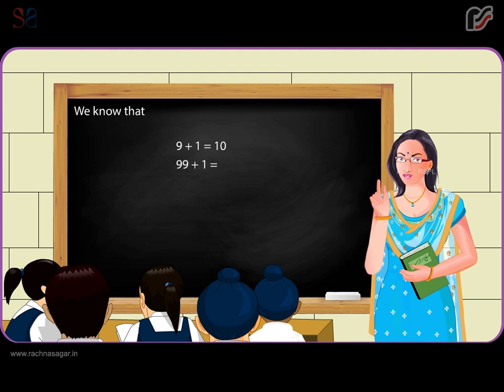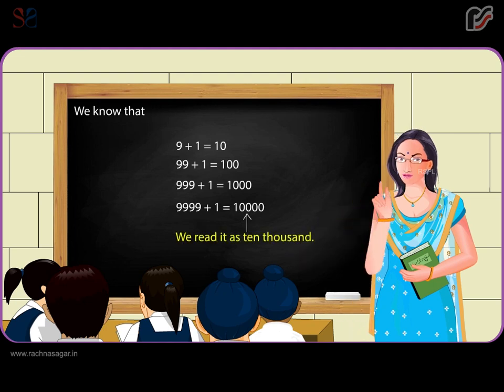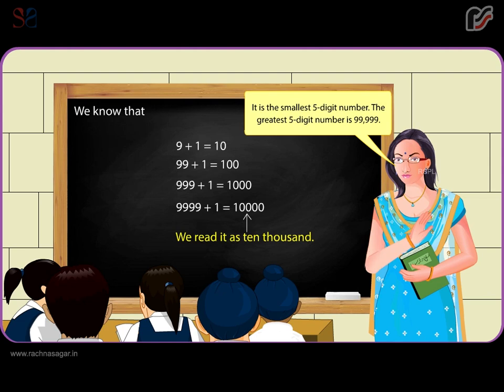99 plus 1 is equal to 100. 999 plus 1 is equal to 1000. And 9,999 plus 1 is equal to 10,000. We read it as 10,000. It is the smallest 5-digit number. The greatest 5-digit number is